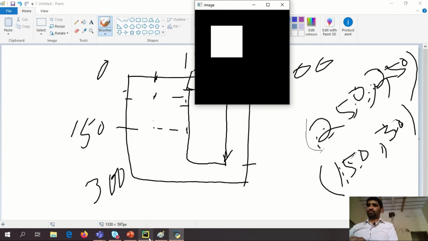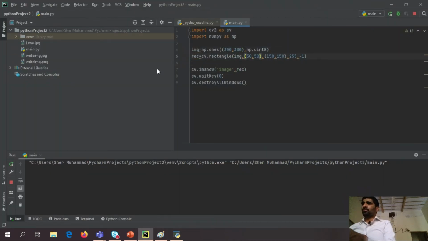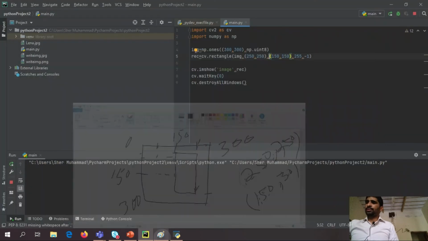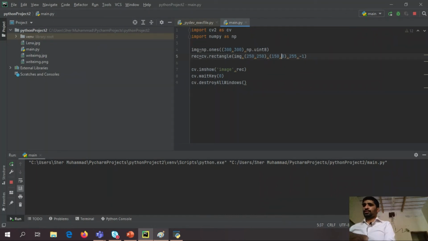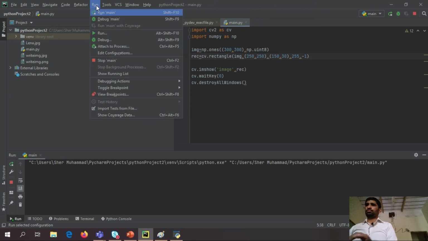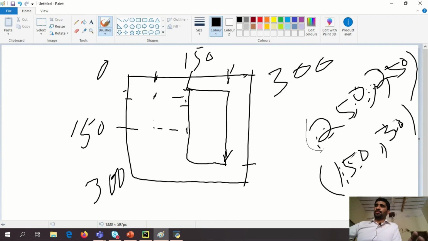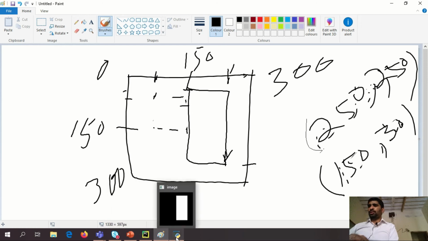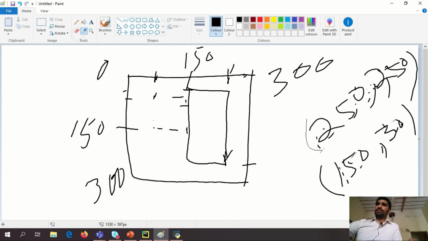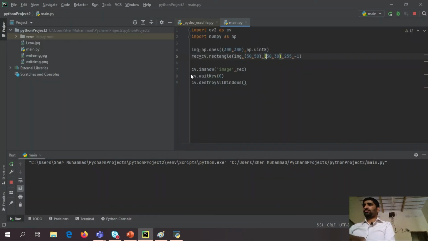Now we try to see. I'm changing to 250, 250, and for the second point I say 150 and 30. Okay, exactly what we expected. Now we are just practicing by making this rectangle, and if you try yourself, that's good. Now we are making any rectangle here. So this rectangle should be according to our points.